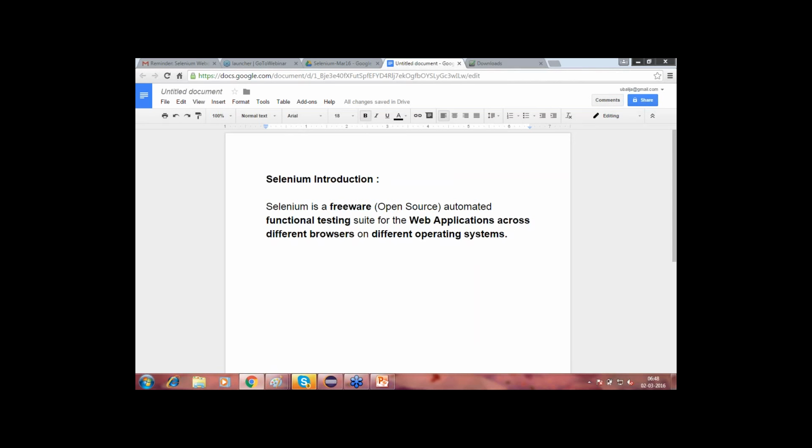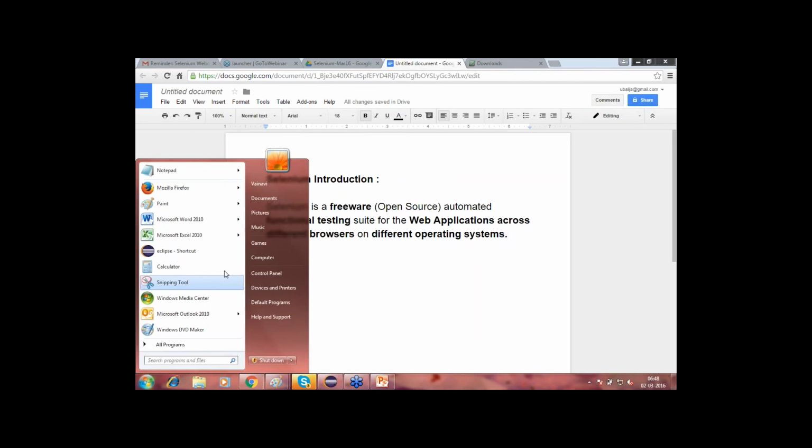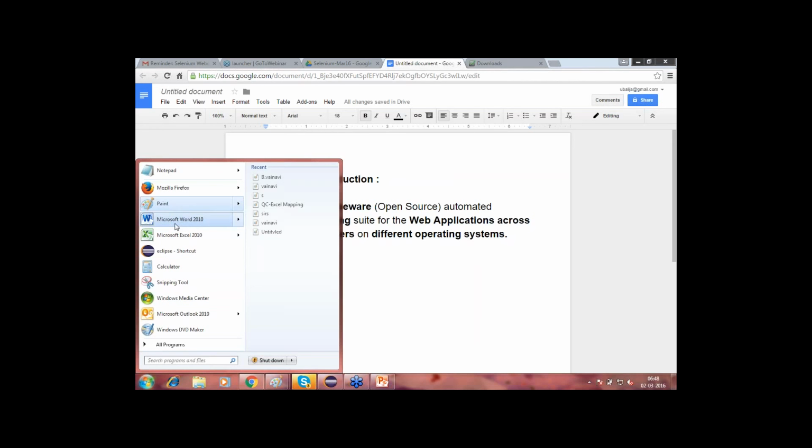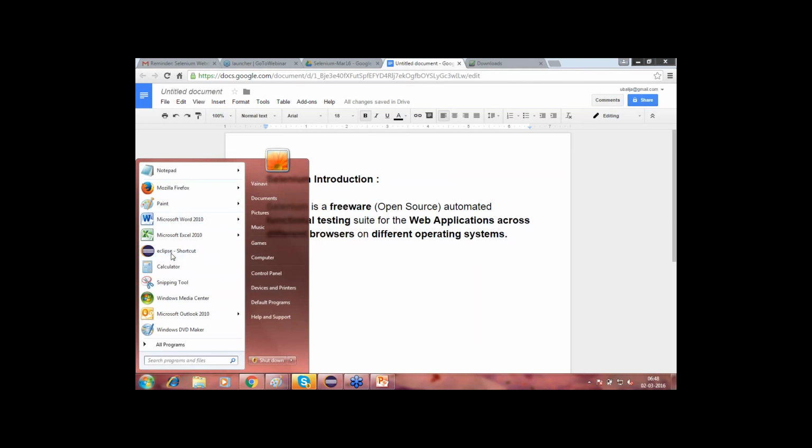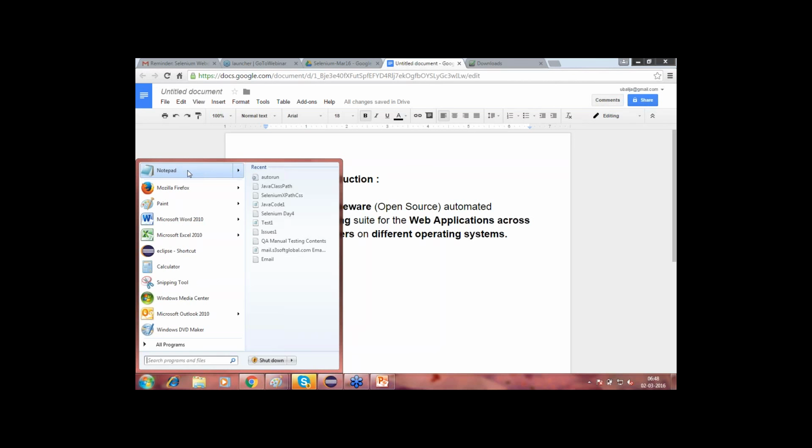Okay. For example, if I have this, let's say this snipping tool or this Paint or this Word or this Eclipse, what you can see, these are all Windows applications, or this Notepad. These are